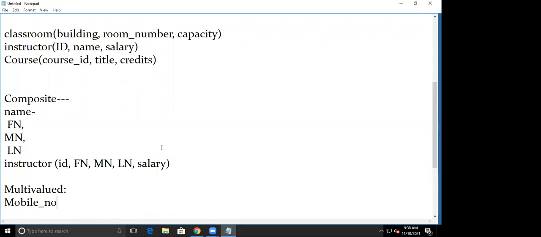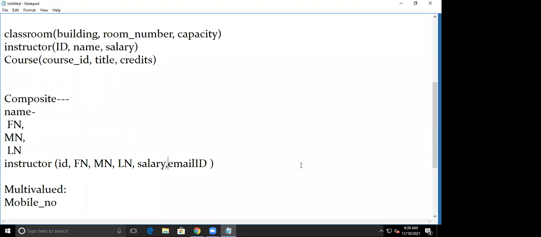If I consider the instructor, I'm having mobile number as a separate attribute, or consider email ID. This is available in my ER diagram. But our instructor can have multiple email IDs, and that information I want to store.